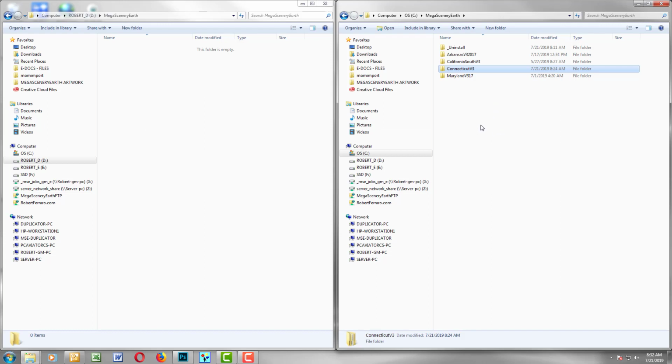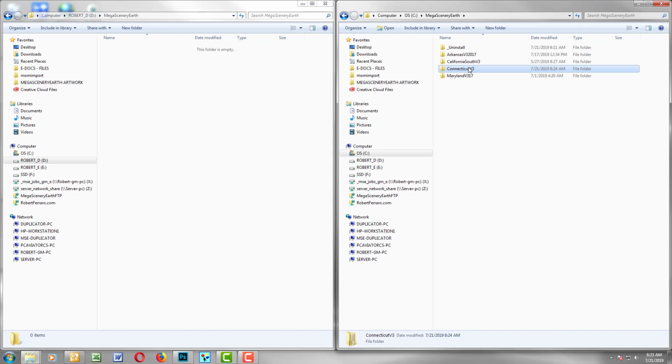If you're sure that you've got plenty of space on that second drive, then just do a cut and paste. If you aren't, and you don't want to get caught where half your files have moved across, because you're going to have some files on one drive, some on the other, and it'll create a bit of a mess for you. So copy and paste is the safest, cut and paste is the quickest. So what we're going to do now, I'm going to use the cut and paste. No, I won't. I'm going to use the copy and paste, because I'll show you how to deal with the